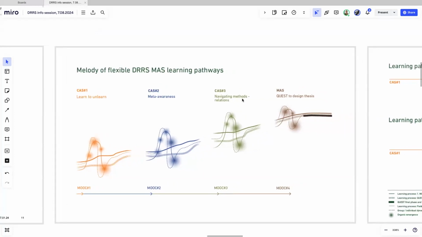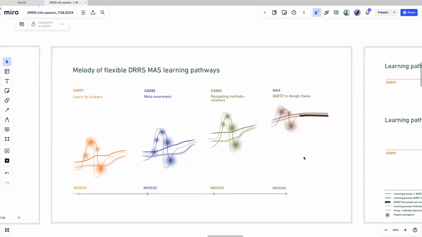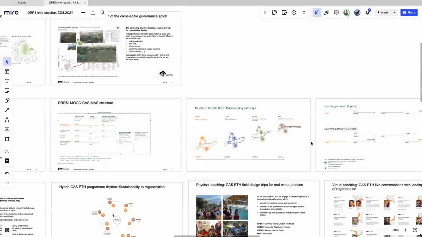And the MAS, just also to label it, is really finalizing with this quest. So the quest that's happening throughout each element, each of these MOOCs, CAS, the quest, the series of questions, the project evolves further and further, and it's a continuous process. In the MAS at the end, the focus is on getting this gradually evolved quest system to a quite evolved, matured thesis, and you see the curve is leveling out here, that is then really something on a very high level.